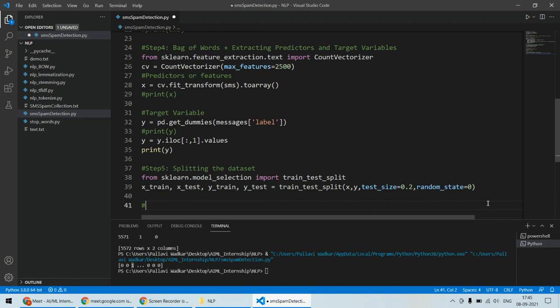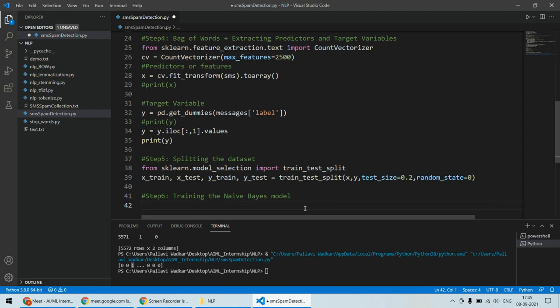नाउ वंस द डेटा splitting is done, step number next is the training the model। now यहाँ पे हम नेव बेस क्लासिफायर कंसिडर करेंगे। तो मैं यहाँ पे मेंशन करता हूँ कि हम नेव बेस मॉडल को ट्रेन करने वाले हैं, and this model will be loading from the scikit-learn library as well। and इसके अंदर से हम लोड करेंगे sklearn.naive_bayes